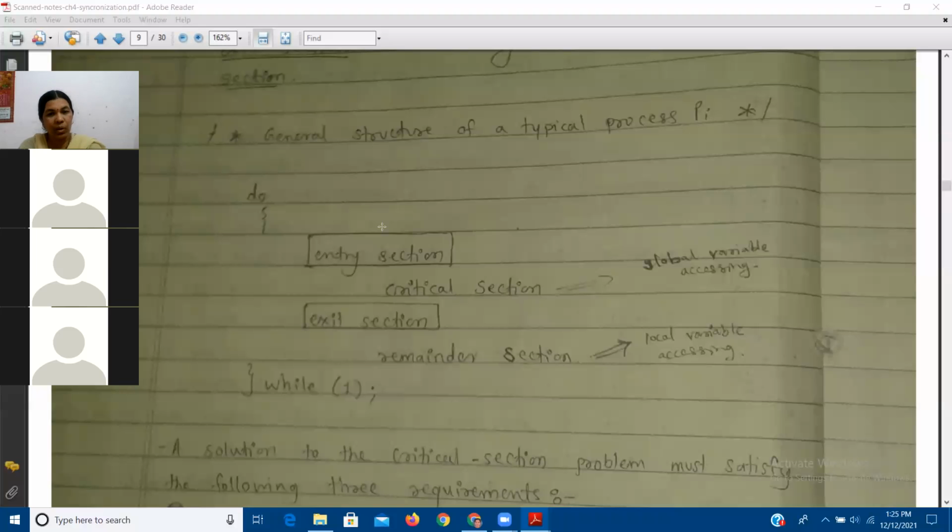So request, use, release. In the entry section, it requests the resource. In the critical section, it tries to use that resource. Use in the sense it modifies the resource. त्याच्यावर काहीतरी ऑपरेशन करतो, जसं की आपण काल काउंटर प्लस प्लस आणि काउंटर मायनस मायनस ह्या दोन प्रोसेसेस आहेत. तर काउंटर प्लस प्लस मध्ये काय करतोय? So the value of counter is incremented. That is nothing but the operation done by the process on the variable counter. And in case of counter minus minus, the counter variable is decremented.